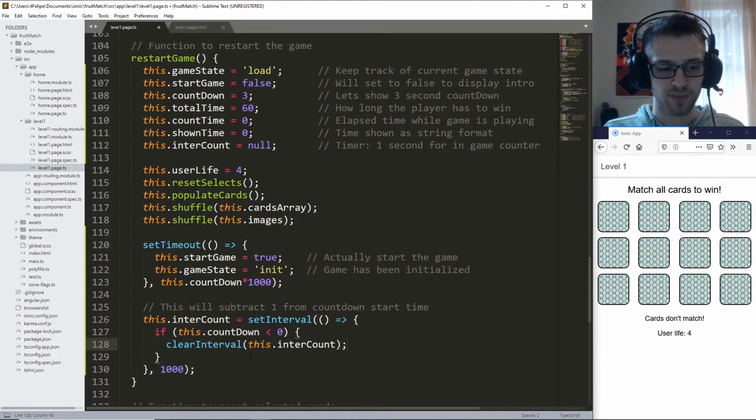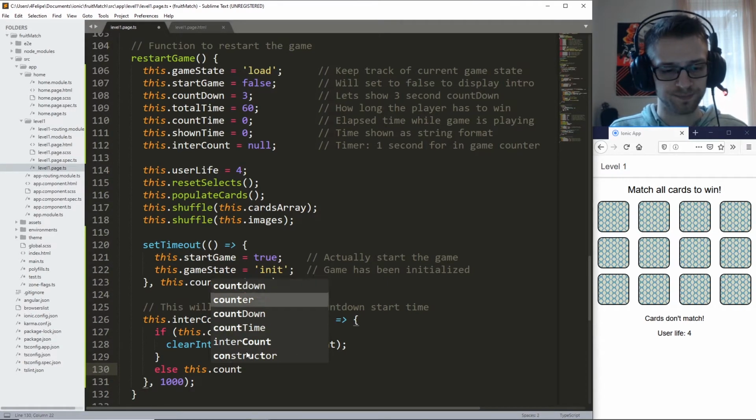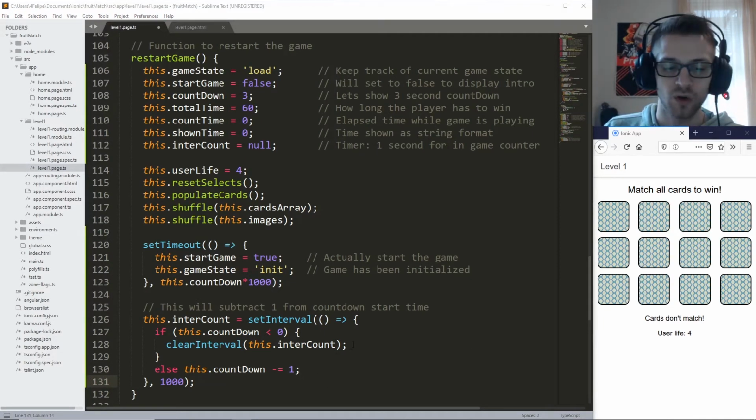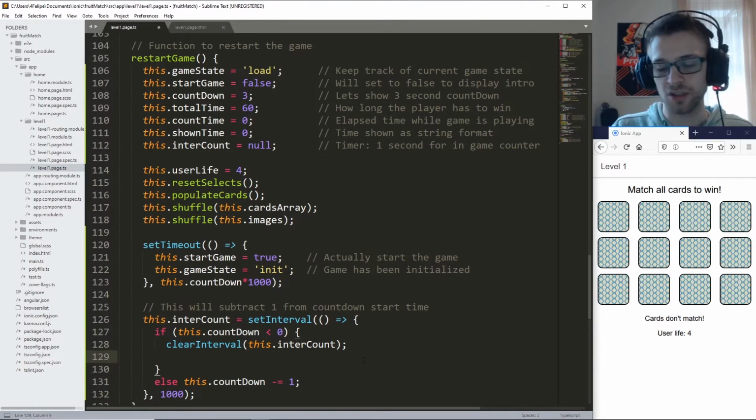Okay, otherwise this.countdown, we're gonna subtract 1 and we're gonna display this on screen. This is gonna be the 3, 2, 1 that they're gonna be seeing on screen before actually getting to play the game. So we do also have to set this to null,